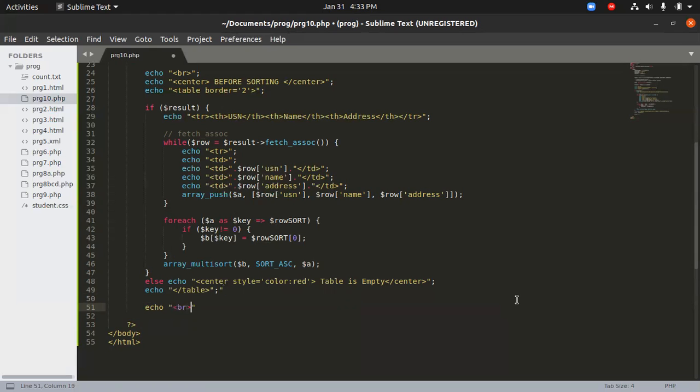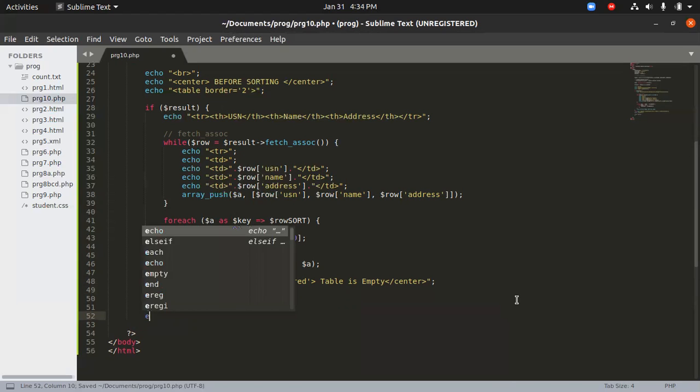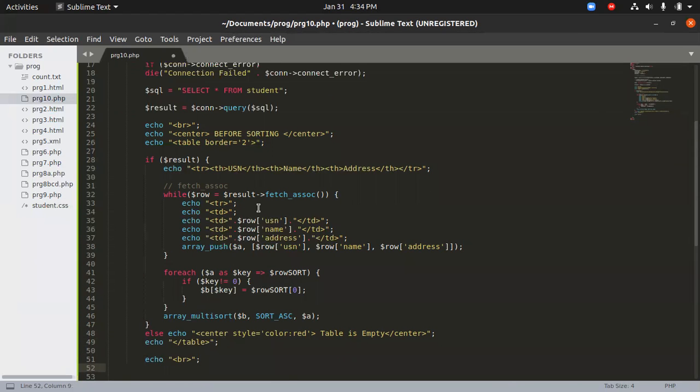So we need some space. So here we have given some BR, and now we are going to create something similar to this.